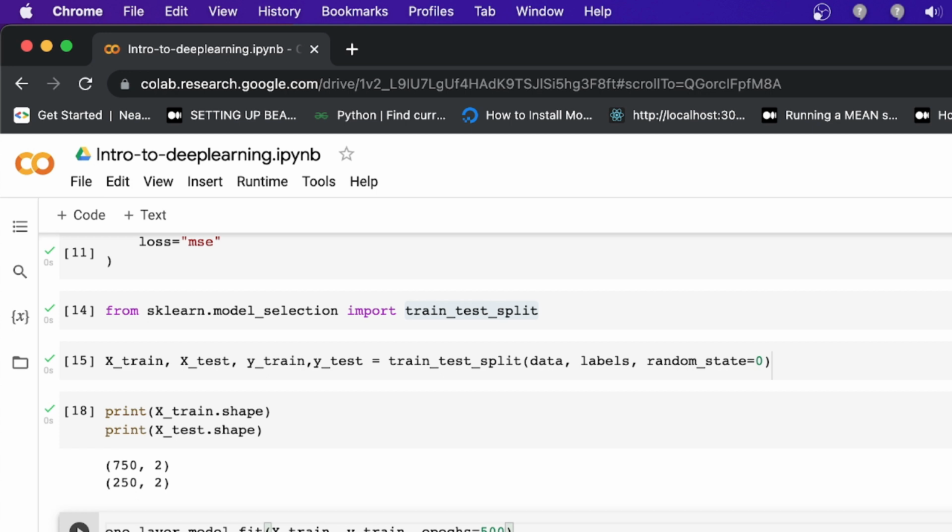Just 1 second, everyone. Okay, now you see, and now this is the training. So now we are going to store this training in one variable. It's called history. Because this is the history of one neural network, so I'm going to use history 1.